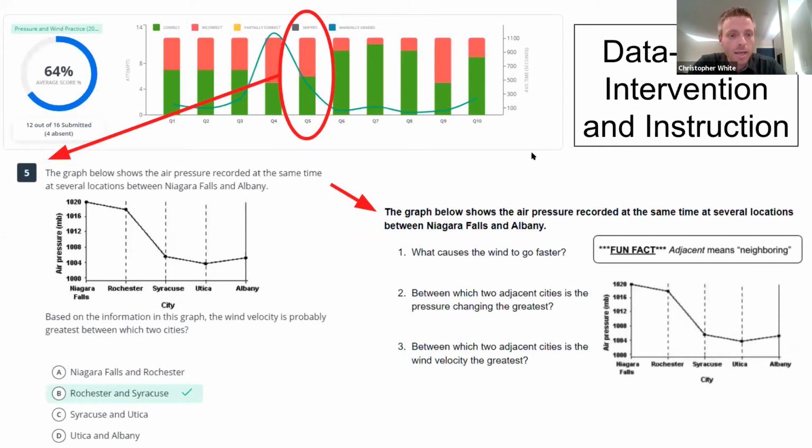All right, so in class, like I said, I do provide a chance for students to see the real-time feedback, similar to what you see at the top of the screen here. And I share with them the most missed questions, and I build from that some intervention and response to the questions that seem to be a little bit more difficult. So at the top, you see question 5, maybe it was a lower performing question, and I share the question with them, which is on the left-hand side, and then I create a little exit ticket or a warm-up activity that really targets that particular question.